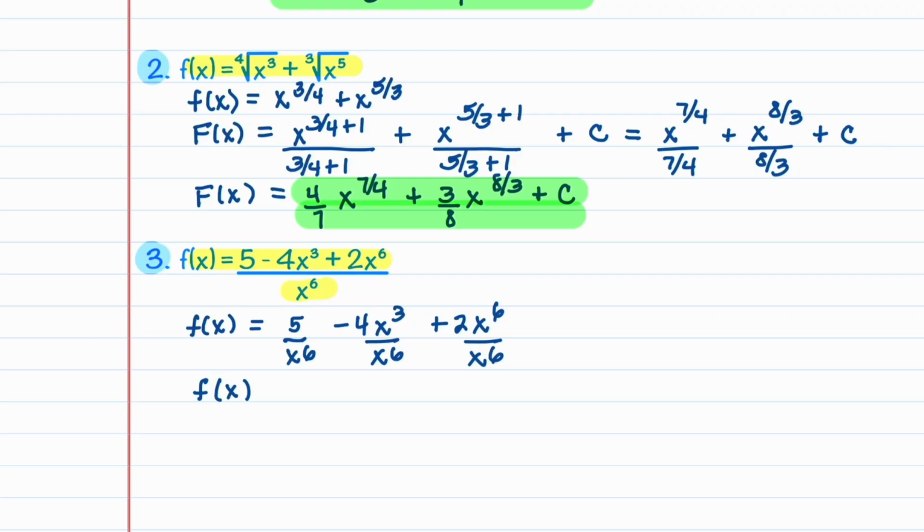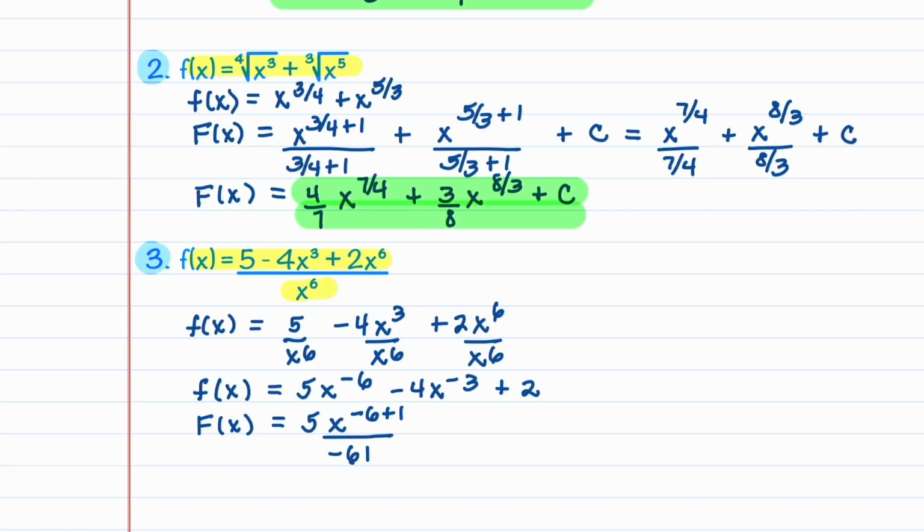This is f of x is equal to 5x to the minus 6 minus 4x to the minus 3 plus 2. Now we can go ahead and take the antiderivative. Our antiderivative, capital F of x, is equal to 5x. Now we're going to add 1 to the exponent, and we get minus 6 plus 1, all divided by minus 6 plus 1, minus 4x to the minus 3 plus 1, and we divide that by minus 3 plus 1,